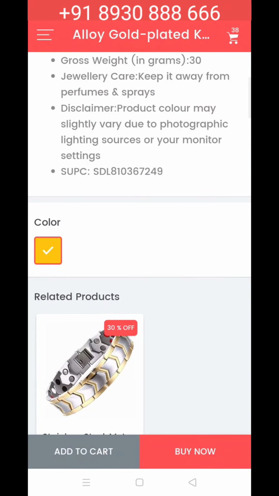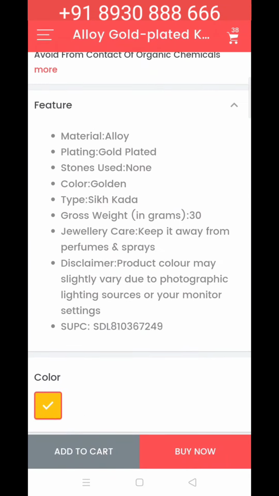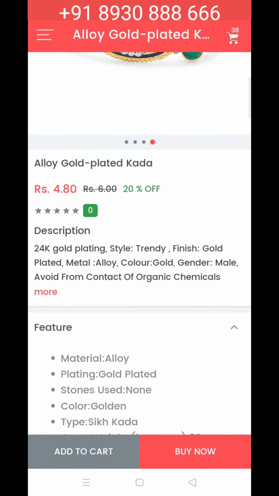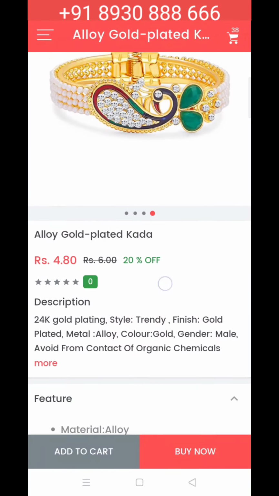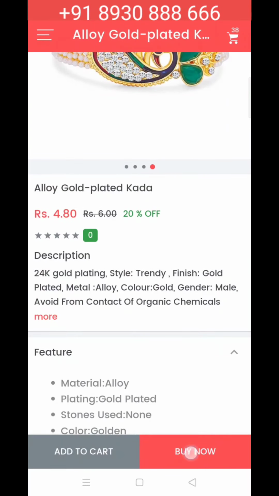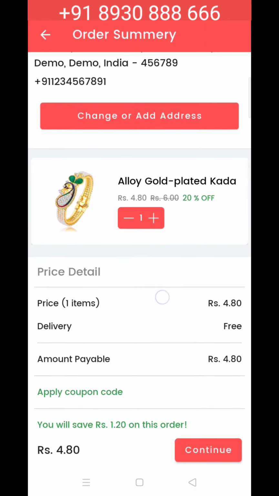Just like if you have a garments business, then there are attributes like size and colors, and in case you have electronics products, then you will have to manage the RAM and hardware. Each and everything is manageable from the backend panel.